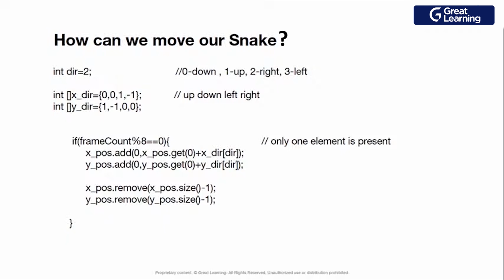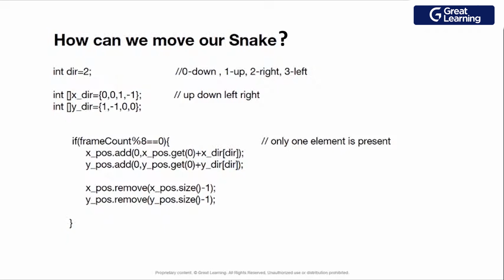So for that, how many directions are there for a snake to move? 4: left, right, up, down. That's it, right? So this int dir is for that. The first direction, if you have played that game, it always starts to move in the right direction, right? So that's why the 2 here represents the right direction, 3 will represent left, 1 will represent up, and 0 will represent down. Okay, now what we did, we created a direction variable that is starting from 2, that will always move to the right side.